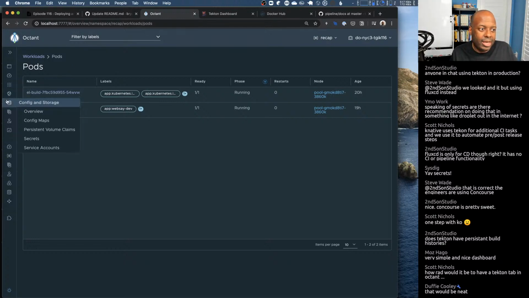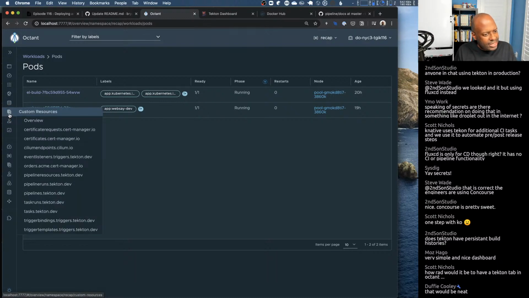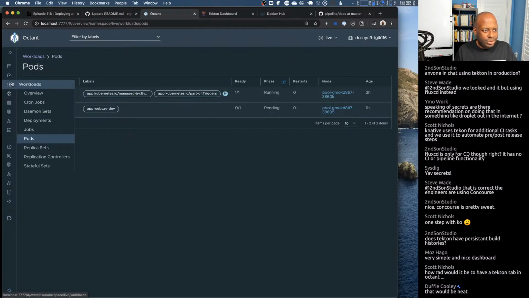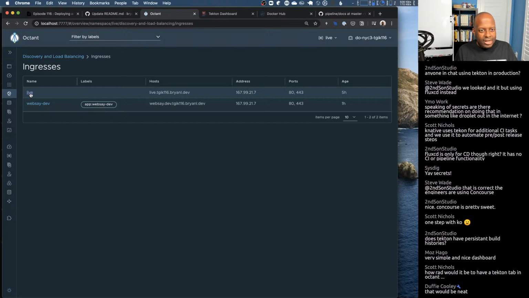And the reason why I set it up beforehand is something interesting that I did not realize until just today. So what I'm going to do is change my namespace in Octant to go to my live, because we're live right now. And I'm going to go and look at ingresses. So I created this ingress right here, and it's called live. And the reason, so I had this idea when I thought about this the other day, is I said I would use this domain. I would use my personal domain, bryanl.dev, and then I put a TGI K116 in front of that. And then I said what I would do is then I would just dynamically generate TLS certs with